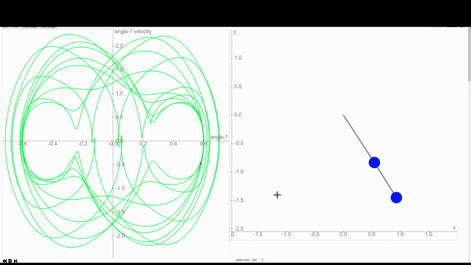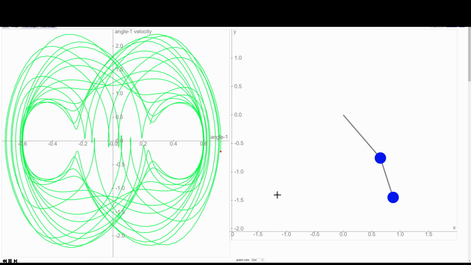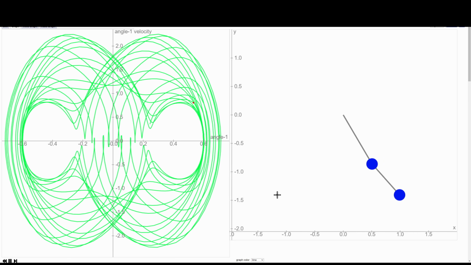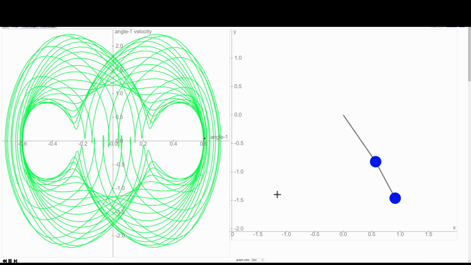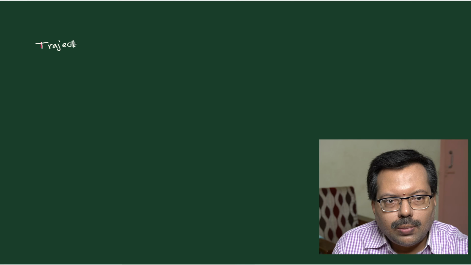So our conclusion here is that there is no simple way of describing the phase space portrait. You can't describe anything easily. Only for the very simple pendulum can you say that the phase space diagram is a circle. And that's all. Only for a very simple situation can you explain. For all other situations, we can't practically explain what the structure of the phase space diagram is. Because the geometry is getting complicated, now let me write down the important terminology corresponding to this.